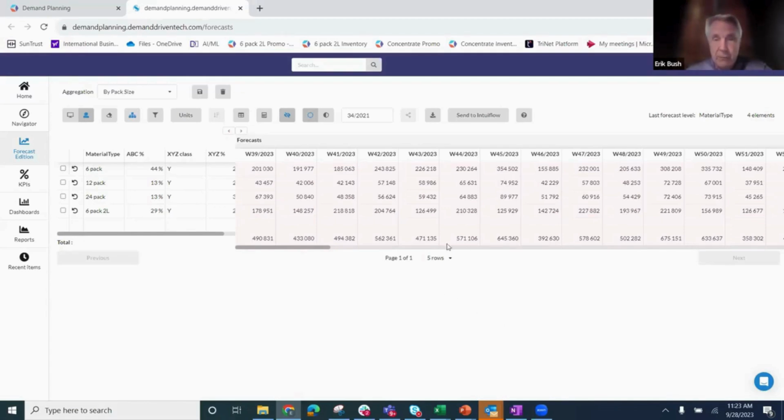Now, if we want, we can enter an adjustment. Let's say we're going to take that campaign we had just talked about here in week 43, and we're going to modify that and make it a much, much bigger event. We're going to say we're going to sell 500,000 units in that week based on our market intelligence. Maybe there's a retail chain that we're working with, and that forecast is now going to trickle back down to